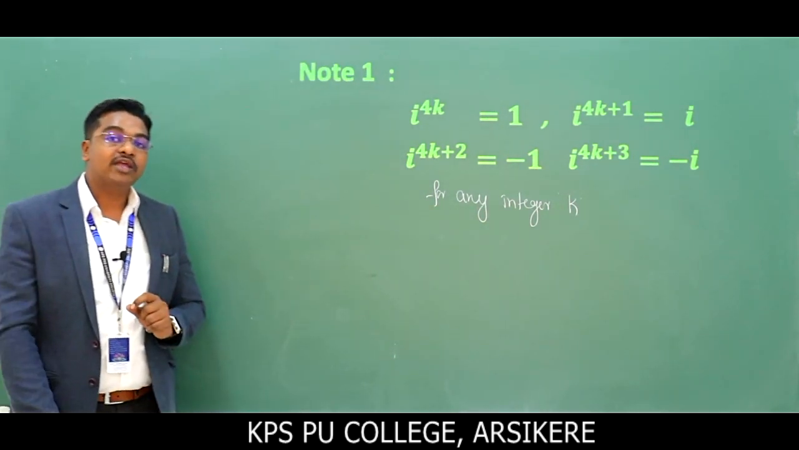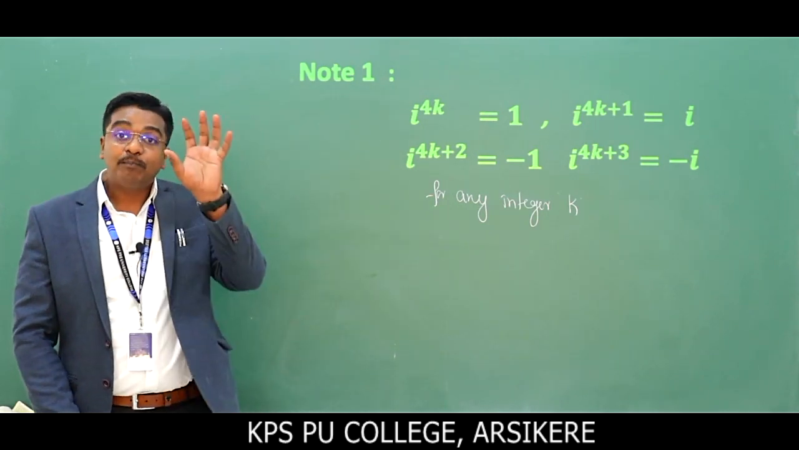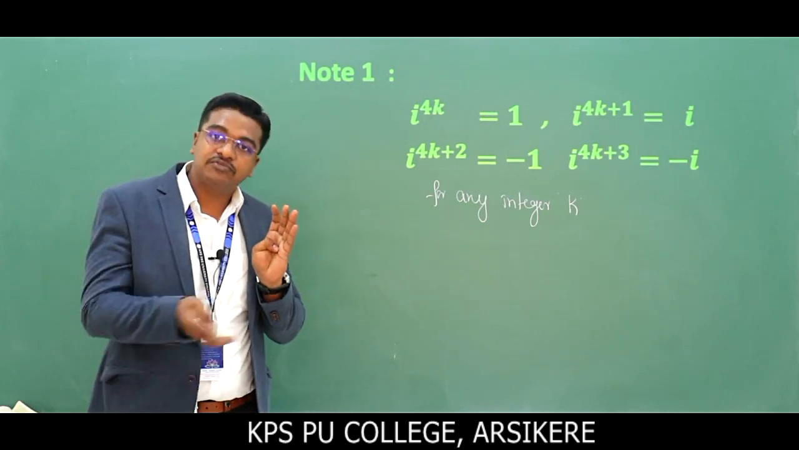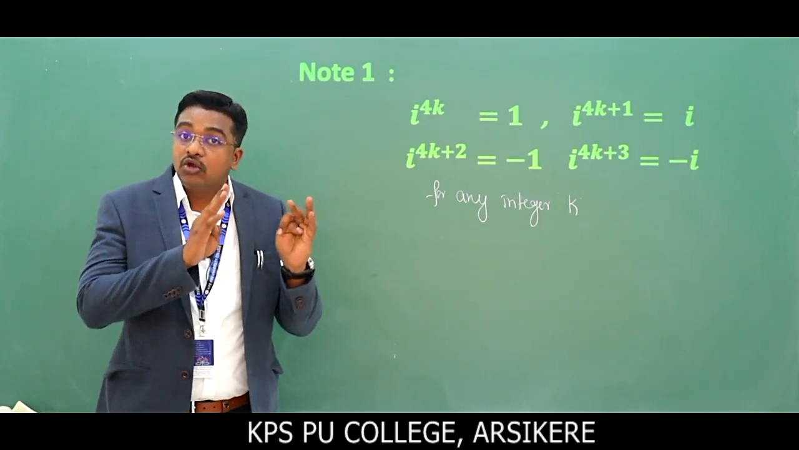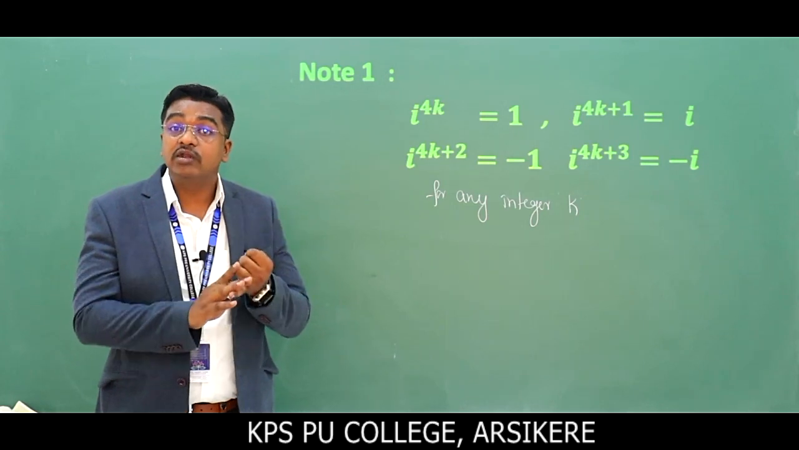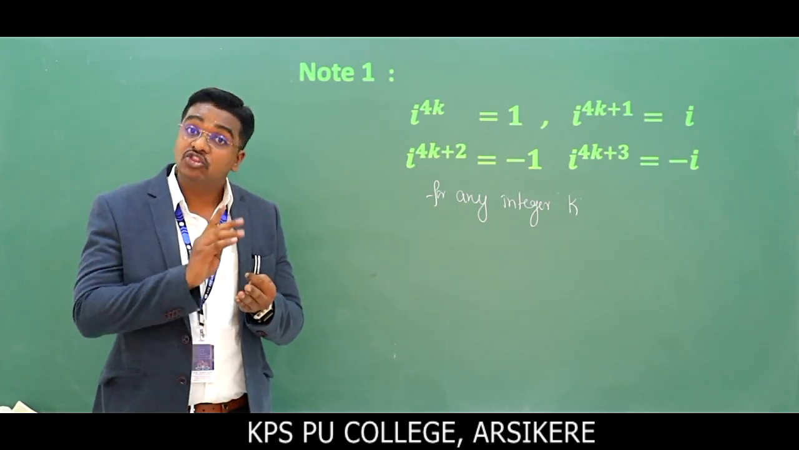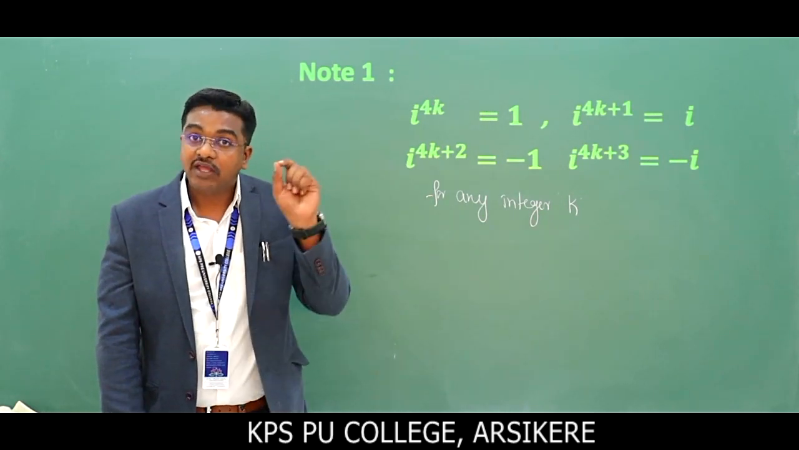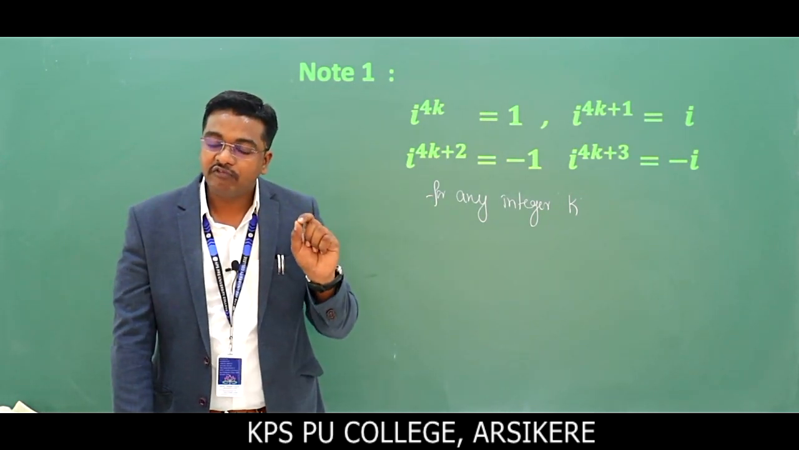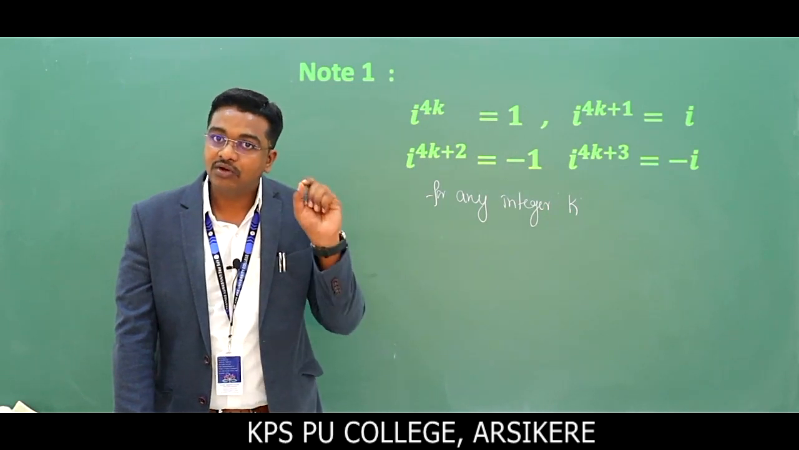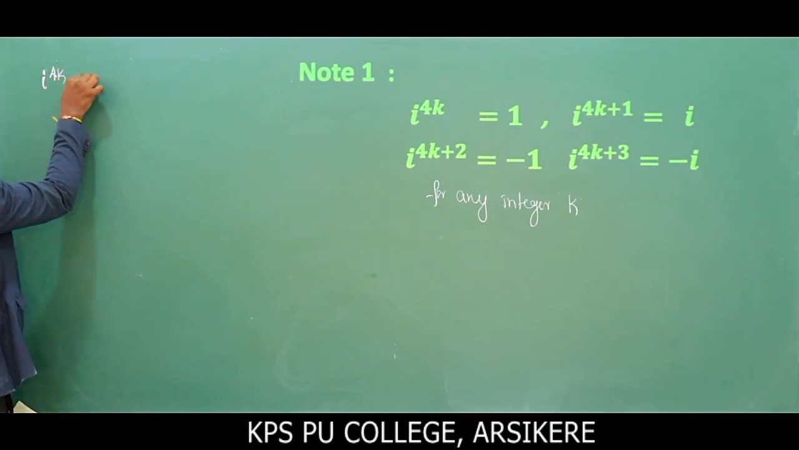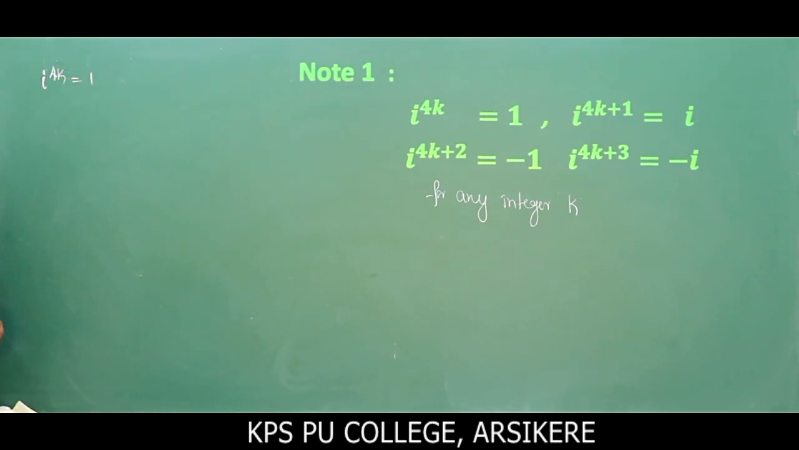So look, I power 4k is equal to 1. It means when the power of I is a multiple of 4, when it is 4 or minus 4, when it is 8, 12, 16, 20, 24, 100, 400, 1000, in all the cases I power 4k is equal to 1. When the power is a multiple of 4, it is equal to 1. Look, I power 4k is equal to 1. And the next one, I power